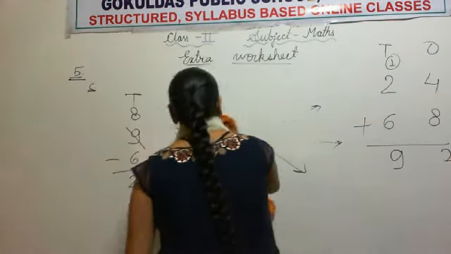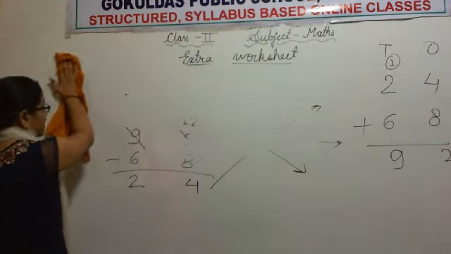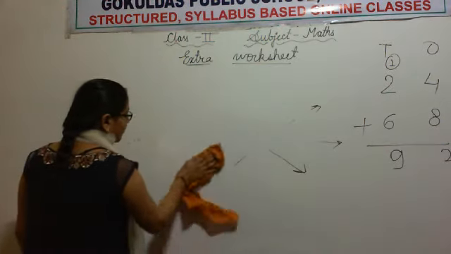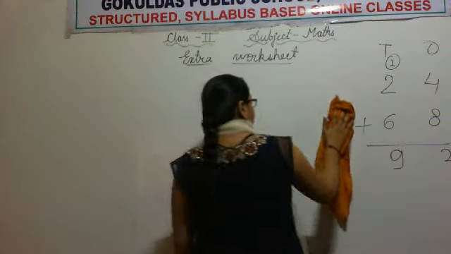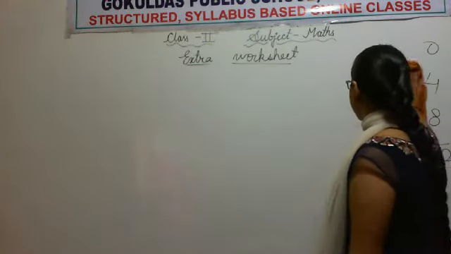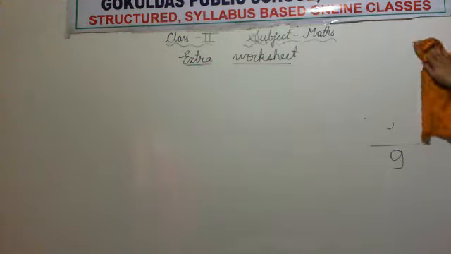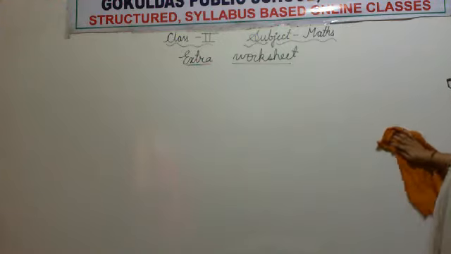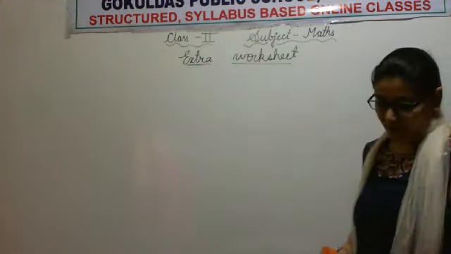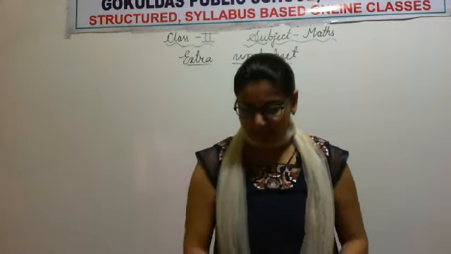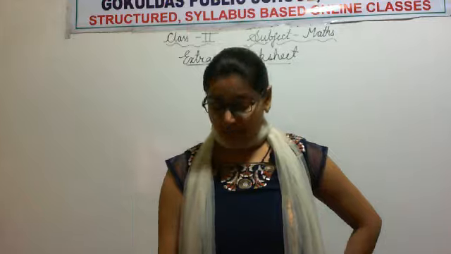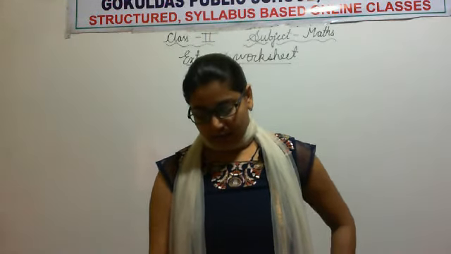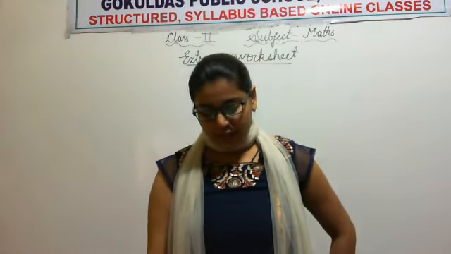So now with this we are done with fifth question also. Now moving towards question number 6. All of you read question number 6 as it is word problem. Read once. Okay. So question number 6 is Sammy had 48 chocolates. He gave 19 chocolates to his sister. How many chocolates were left with him?